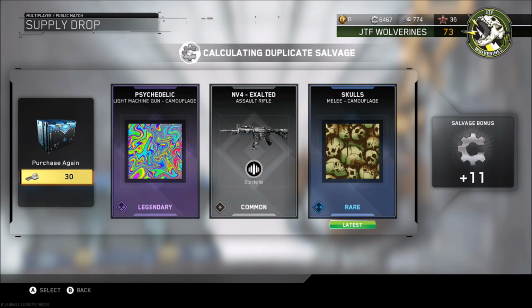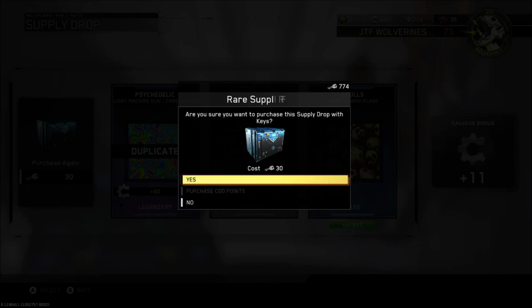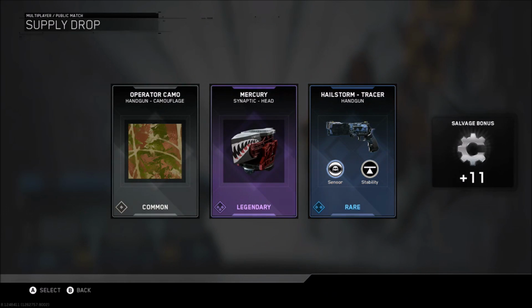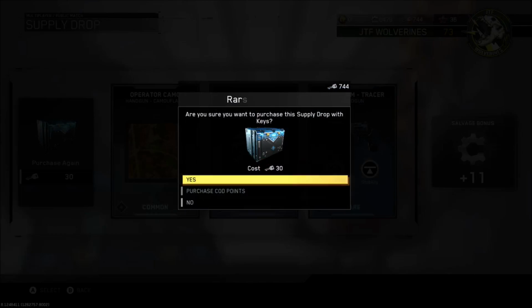Okay, we've got another Legendary one there, skulls. Again, not an overly impressive one, it is only a rare Legendary item. It is a camo, nevertheless. I don't really play standard core mode, so again, that doesn't impress me actually, the camos, because no one's going to see my camo,